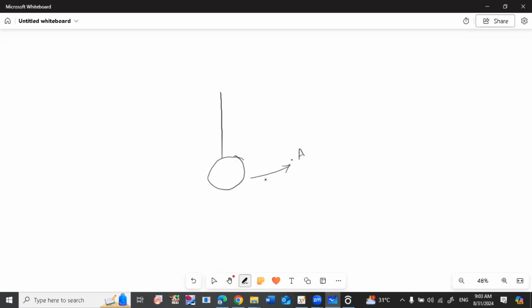This displaced distance, the maximum distance, is known as amplitude. So amplitude is the maximum displacement from the equilibrium position. This position is known as the equilibrium position,